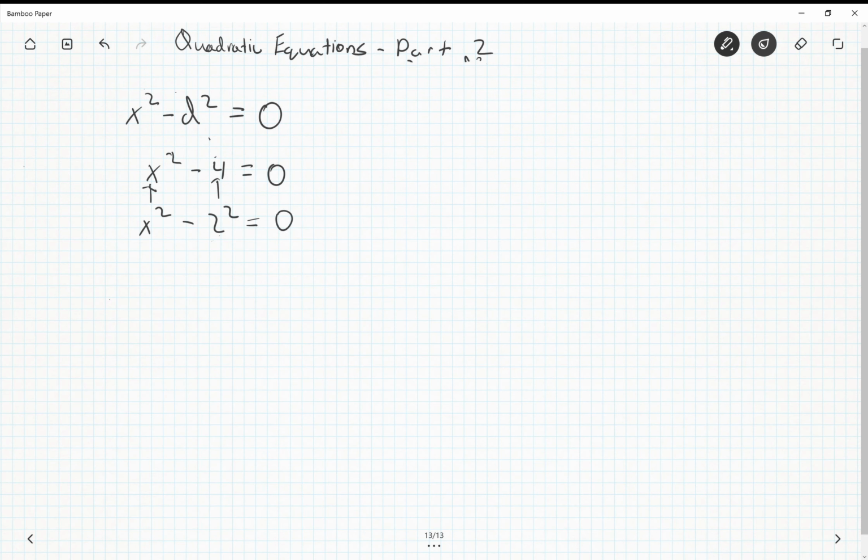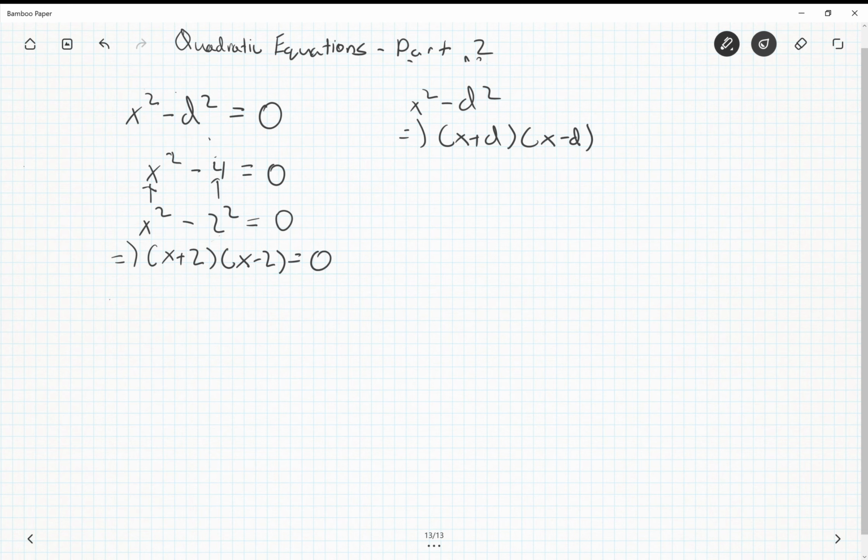And once again, I've already said that x squared minus d squared equals x plus d times x minus d. We would apply that same thing here. So x squared minus 2 squared would equal x plus 2 times x minus 2 equals 0. Once again, we apply the null factor law. So now either this term has to be 0 or this term has to be 0,